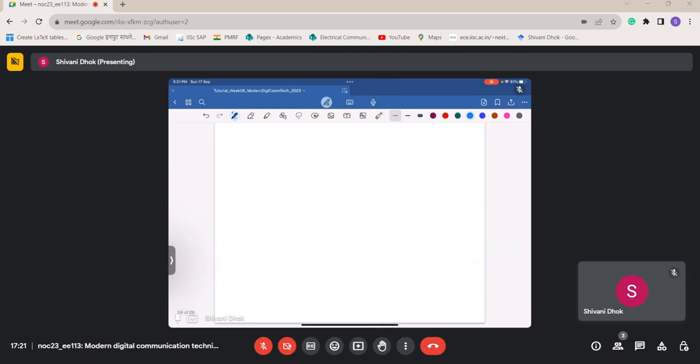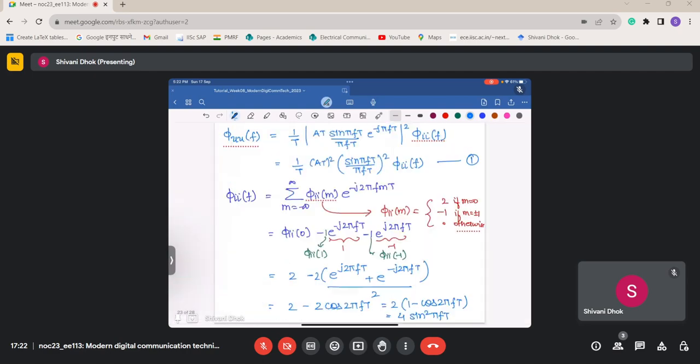Okay, so what we are having is this phi I of f is simply 4 times sine square pi ft. Therefore, from equation 1, that is from this equation, this phi uu of f